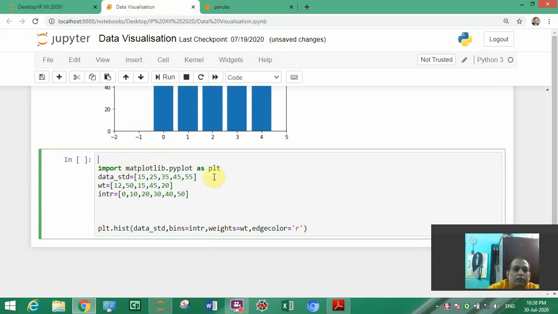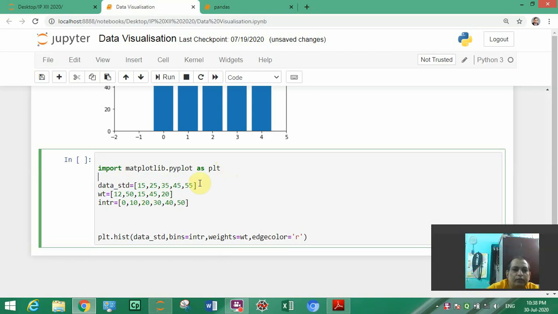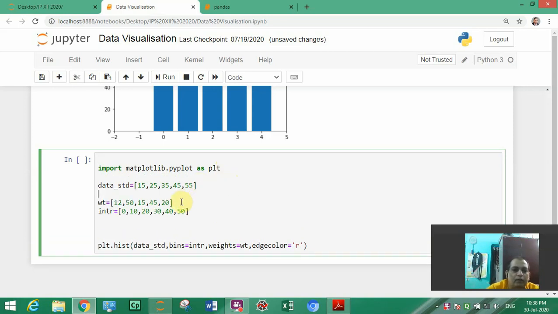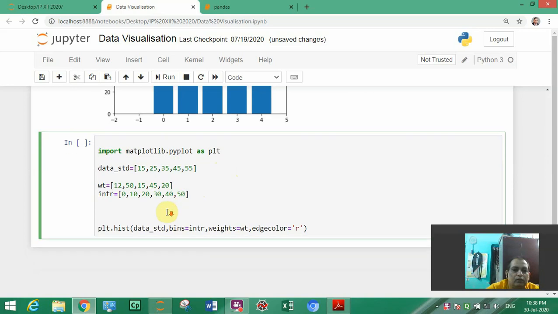I have taken one data of students, then this is the weight of the students. From 0 to 15, 12 students are coming, 15 to 25, 50 students are coming, 25 years a student has 50 kg weight, like that you have to understand this one.